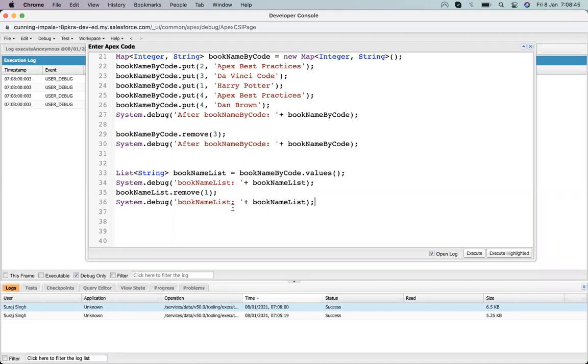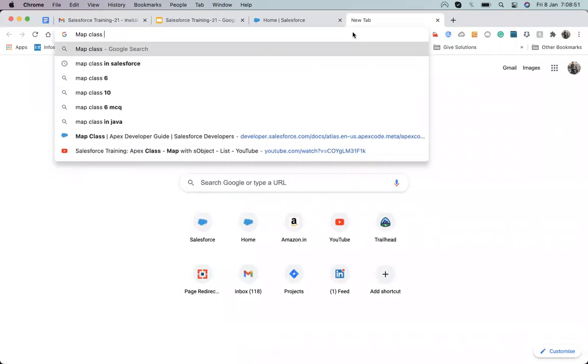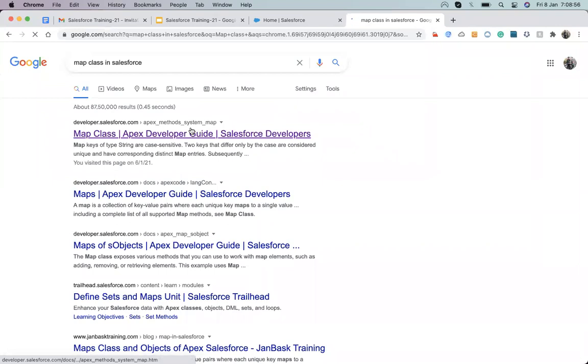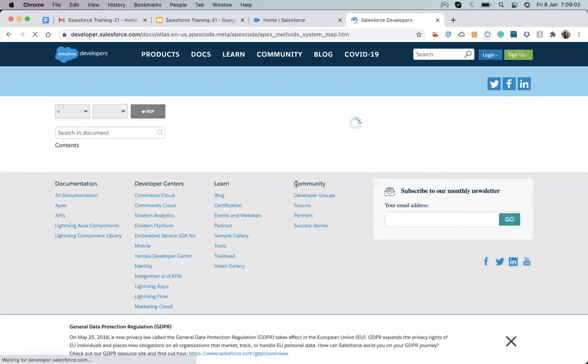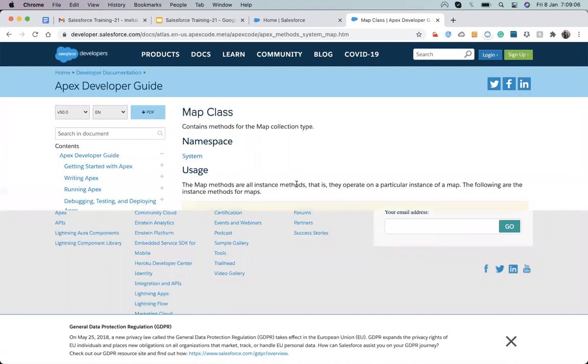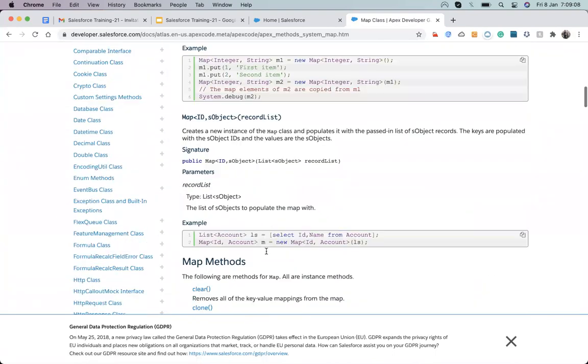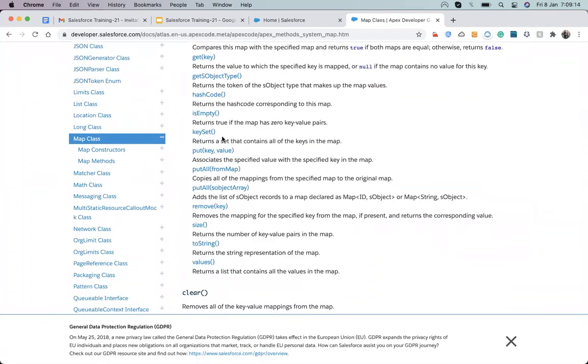Apart from that, if you look at the map class of Salesforce, there are so many more methods you can utilize. Suppose we need to compare a map, or clone a map, or check contents and key set.